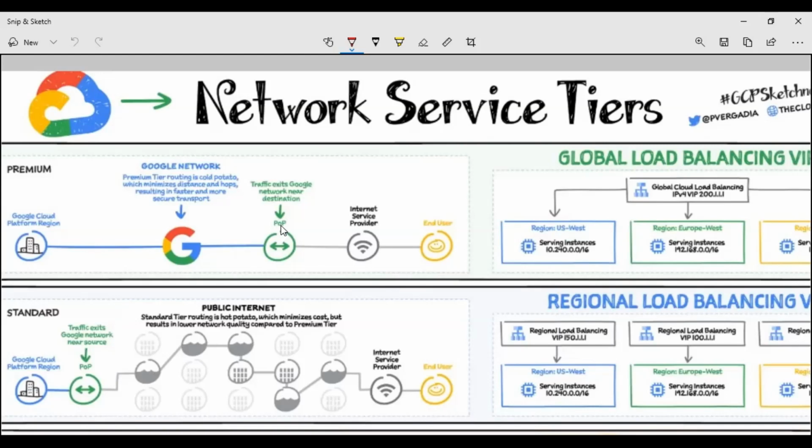But when we are talking about the standard one, that is limited to a region, or it is going through regional channels. So there will be multiple hops or multiple paths to reach or provide you access to the Google resources. Now, if you can see the very first diagram here, in the premium option,